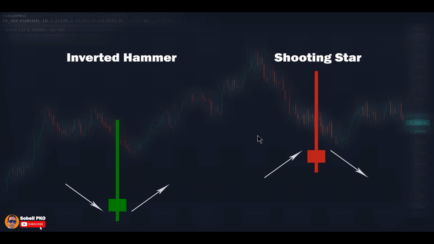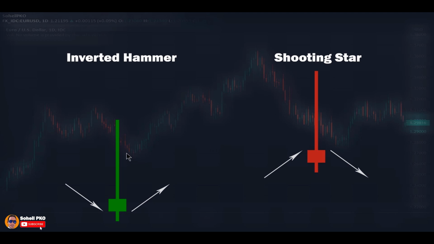it forms. When this candle forms following an advance or near a resistance level, in other words, when it forms at the top, it's called a shooting star, and in this situation, it's bearish, showing selling pressure and giving the possibility of a change in the direction of the price.